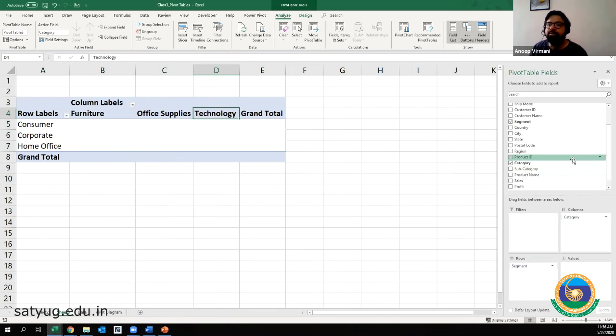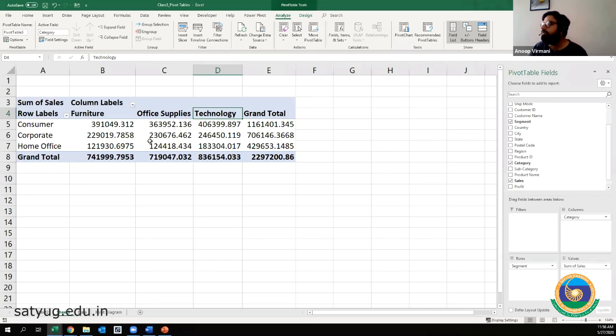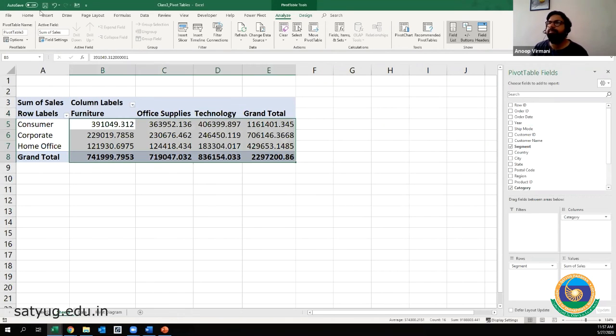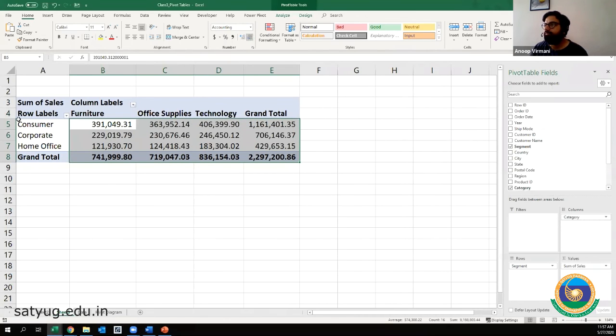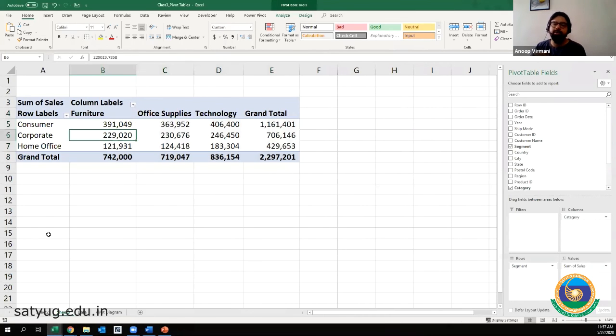The values that we choose is, for example, in sales, I want to see the sales value, and let us not choose a filter right now. Let us only work with this. So let us give it a little bit of formatting. So this is how we create a pivot table, right?